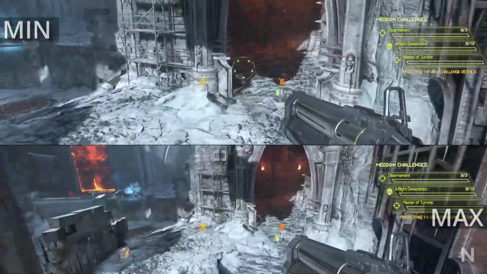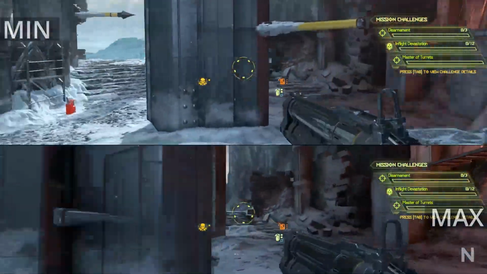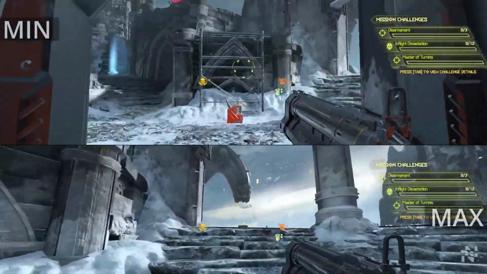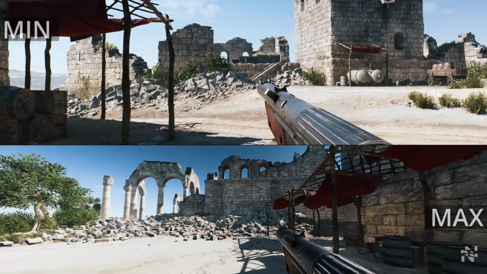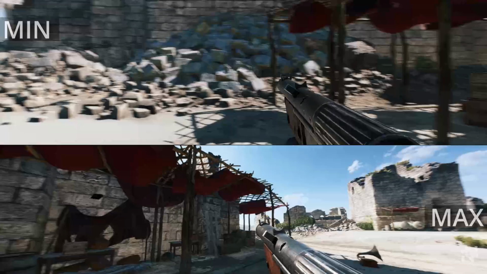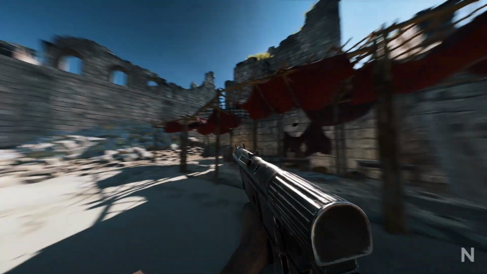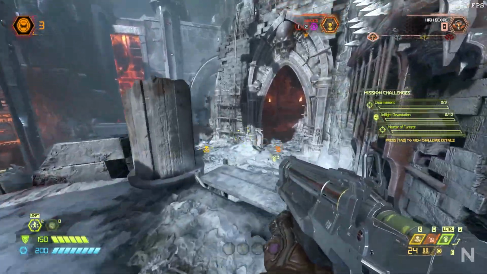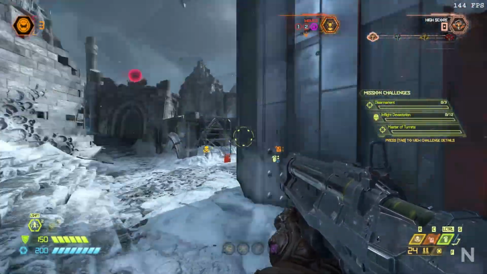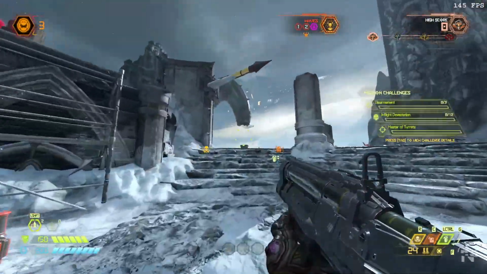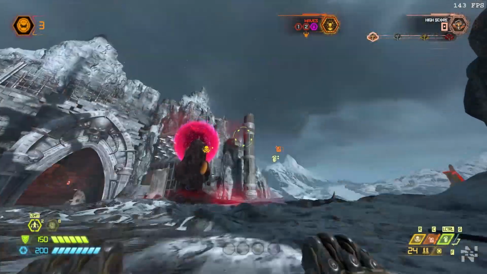For high-end PCs, you have the luxury of choosing higher FOV settings without significant performance impacts. This allows you to fully enjoy the immersive experience of seeing more of the game world without compromising on visual quality or frame rate. High-end systems can handle the increased processing demands effortlessly, delivering a smoother and more detailed gaming experience overall. Ultimately, the choice of FOV settings should be balanced between your PC's capabilities and your preference for immersion and visual clarity. Adjusting this setting can significantly enhance your gameplay experience, whether you're exploring vast landscapes or engaging in